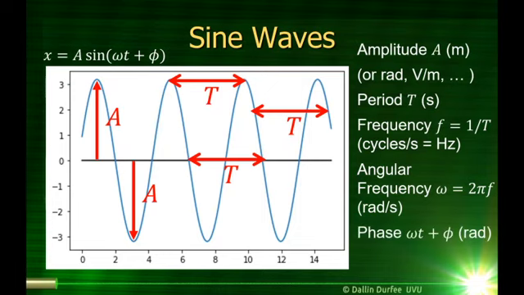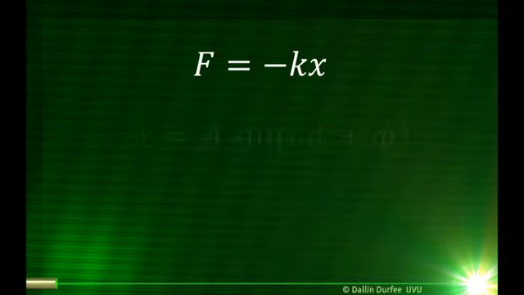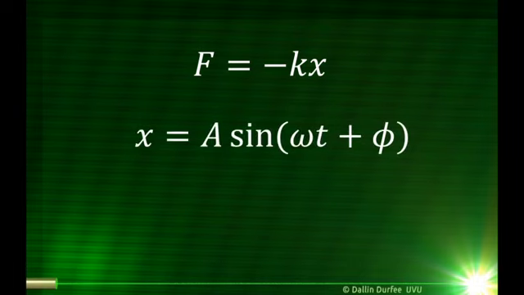Now, the phase of our oscillation, or the phase of our sine wave, is just the argument inside, omega t plus phi, and it has units of radians. If I say the phase of the oscillation is 0, that means omega t plus phi is 0, and we're taking sine of 0. And this constant phi we call the phase shift. It also has units of radians. Okay, so now we understand that